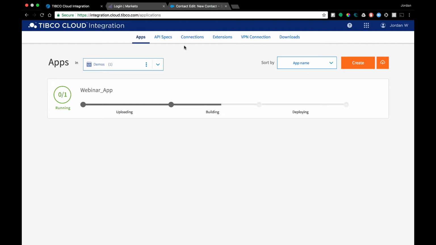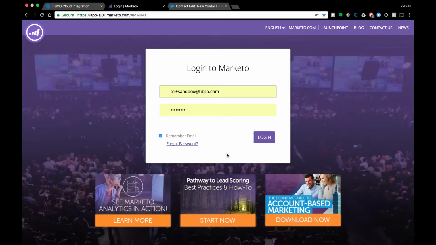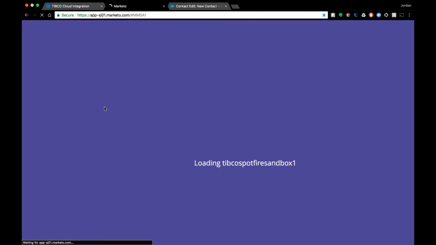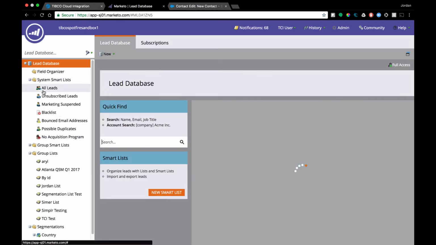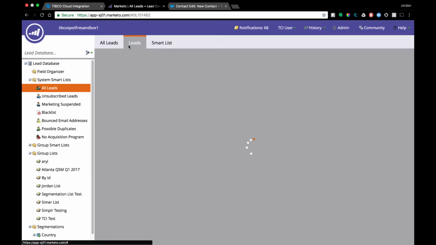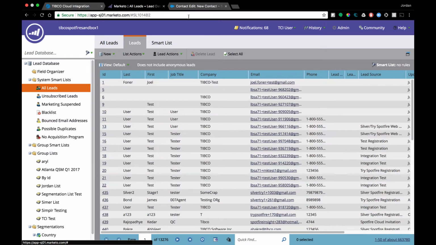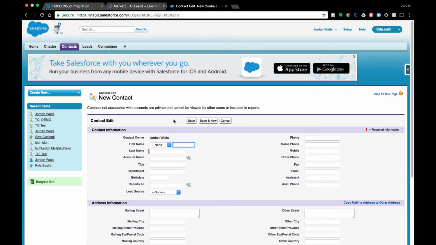So essentially what I'm going to do is log into Marketo here, and from that point all I need to do is go to our lead database. And so once I navigate to that lead database, I'm going to be able to see a lead pop up here in real time once I add it as a contact within Salesforce.